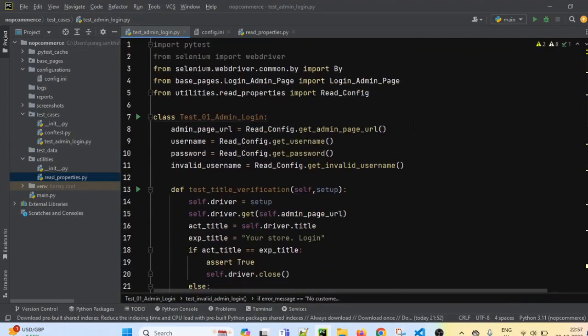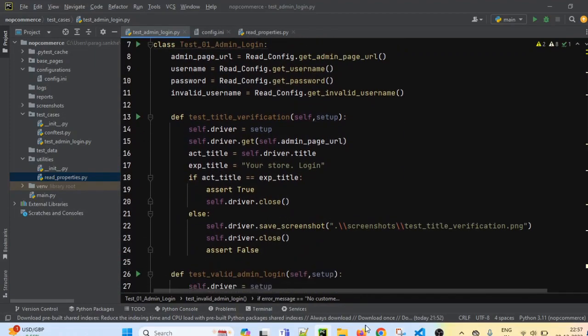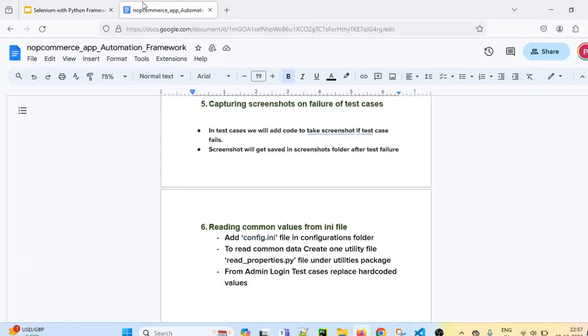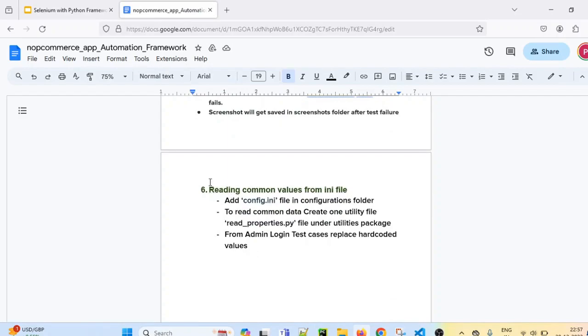So let's revise one more time what we have done so far. In today's session, we have seen how to read common values from an INI file. Whatever common data we have to use in multiple test cases, we can keep in the config.ini file in the configurations folder.